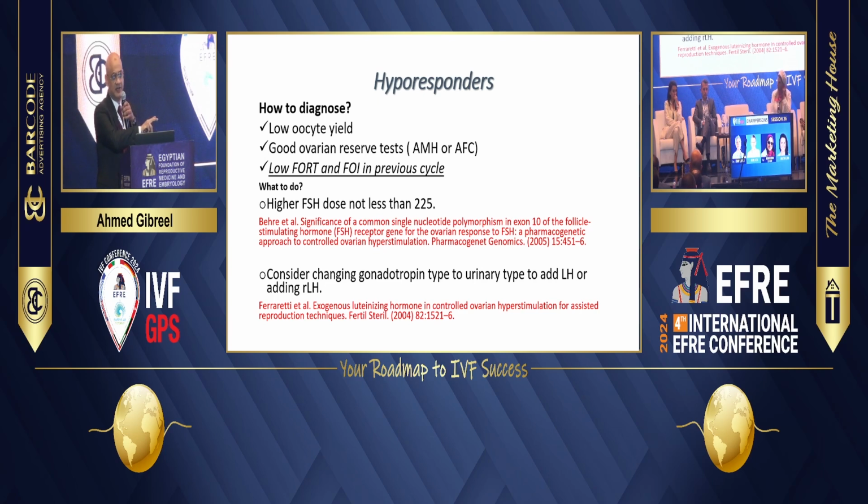I haven't included here something in my thought, and I will ask my esteemed board here to tell me. Sometimes in those women, I would start stimulation with the oral ovulatory drugs. I need the endogenous LH. I would need it in the beginning, and then you can get urinary FSH and recombinant LH. That's fine. But in the initial phase, in my own experience, I found it very good to have some endogenous LH. You can use clomiphene citrate for 2 days, or you can use letrozole for 2 or 3 days. That should be fine, and then carry on with your